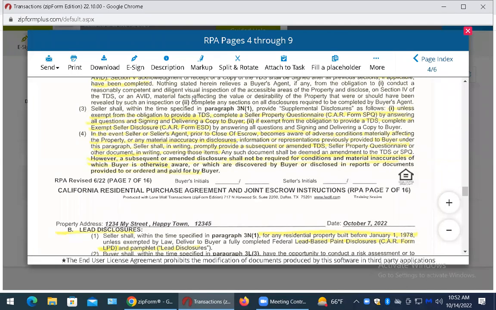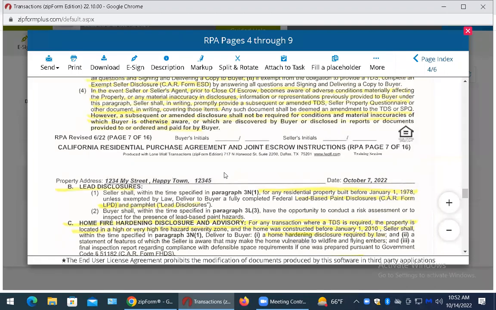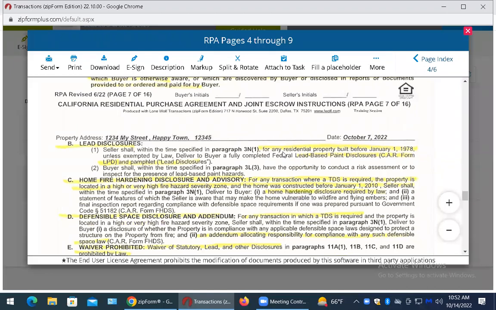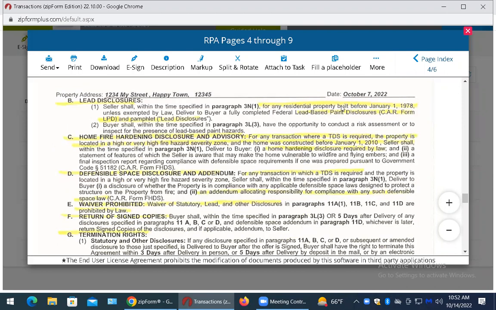So for instance, if their home inspector said, hey, there's a leak under the house, or there's a hole in the garage back wall or something like that, you don't have to amend it because this was already discovered, okay? So I just want to point that out to you. Lead disclosures. So for any residential property built before January 1, 1978, this form is required unless they are exempted by law. Okay, so make sure that you are adding the lead-based paint disclosure for any properties built before January 1, 1978. And the home hardening disclosure and advisory,